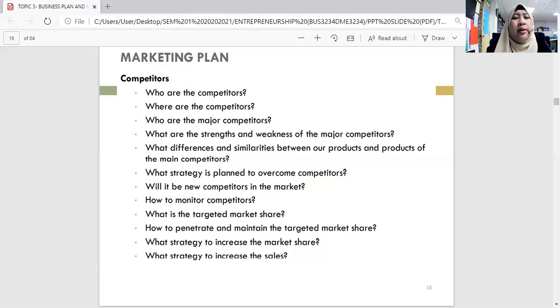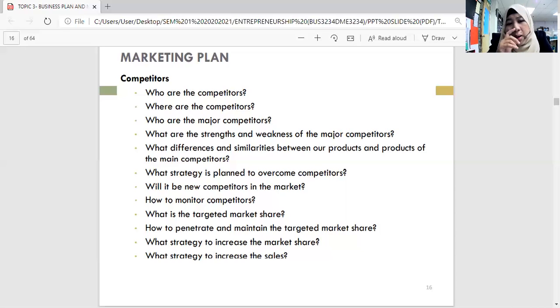And will there be new competitors in the market? Imagine that we are like a cake, right? The more competitors insert into your cake, the smaller the size that actually goes to you. Let's say before, a cake can be divided into 4 pieces, and every single piece gets 25%. But let's say one more enters that cake. So from 25% it becomes 20%. So the market share will become smaller and smaller the more competitors insert into your industry.